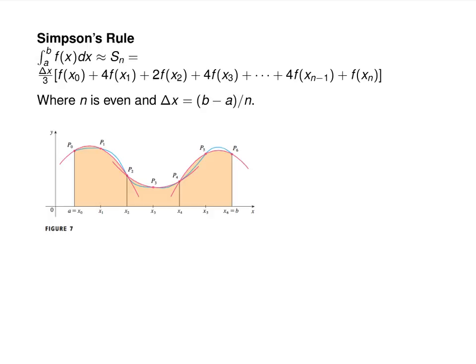When we did the trapezoid rule, the basic idea was to take those two endpoints and connect them with a straight line, right? And that was an approximation. What we do with Simpson's rule is you estimate with parabolas,